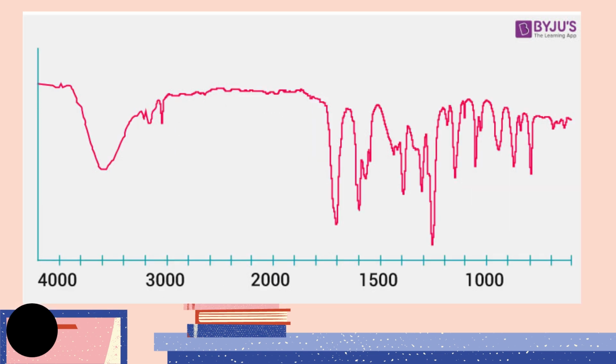Now, as you can see here, this is a graph. IR spectroscopy involves the collection of absorption information and its analysis in the form of a spectrum. A graph is plotted with infrared light absorbed on the y-axis and the frequency or wavelength on the x-axis, where you can see 4000, 3000 is the frequency of the infrared radiation.